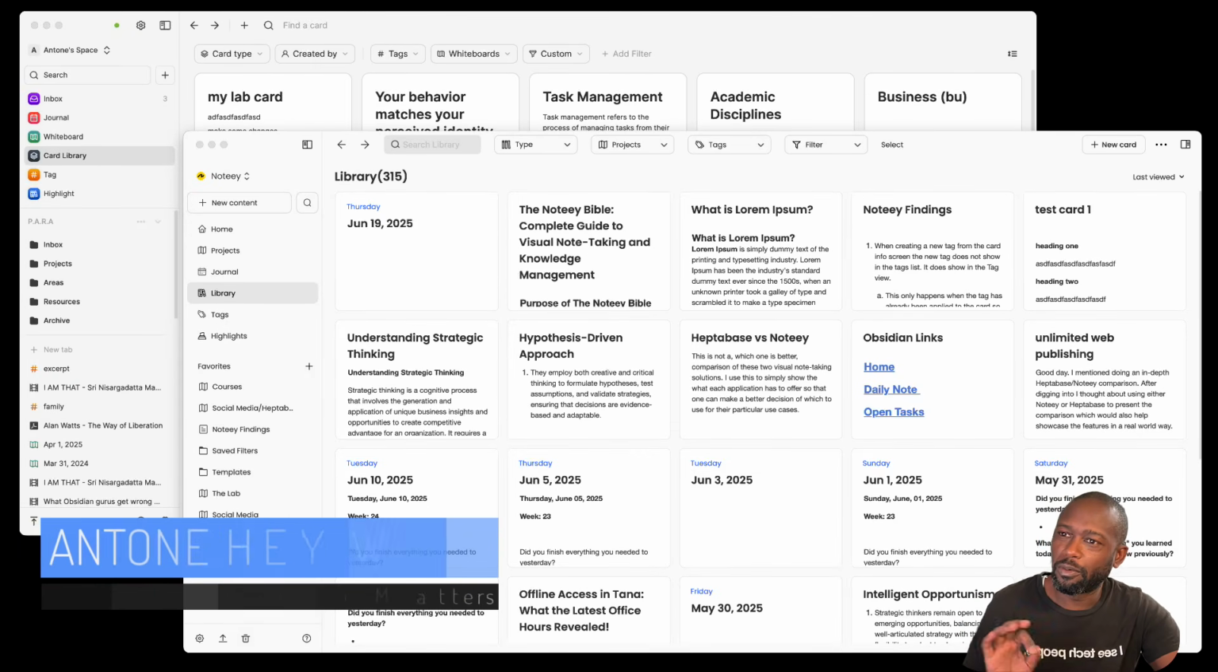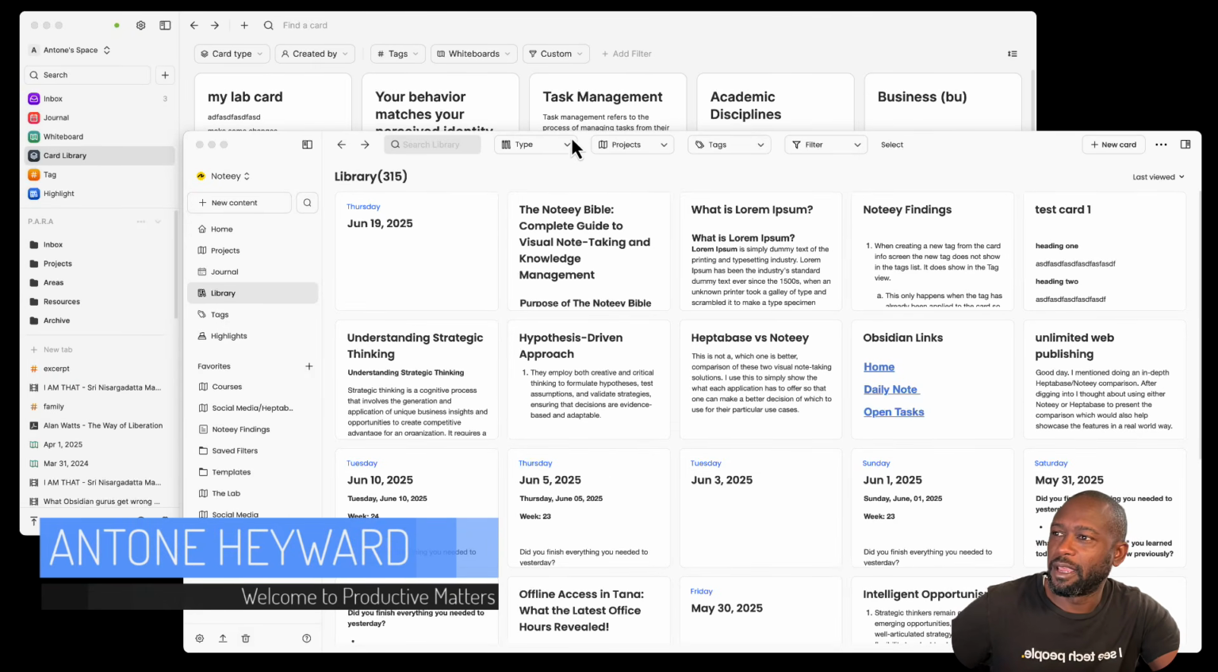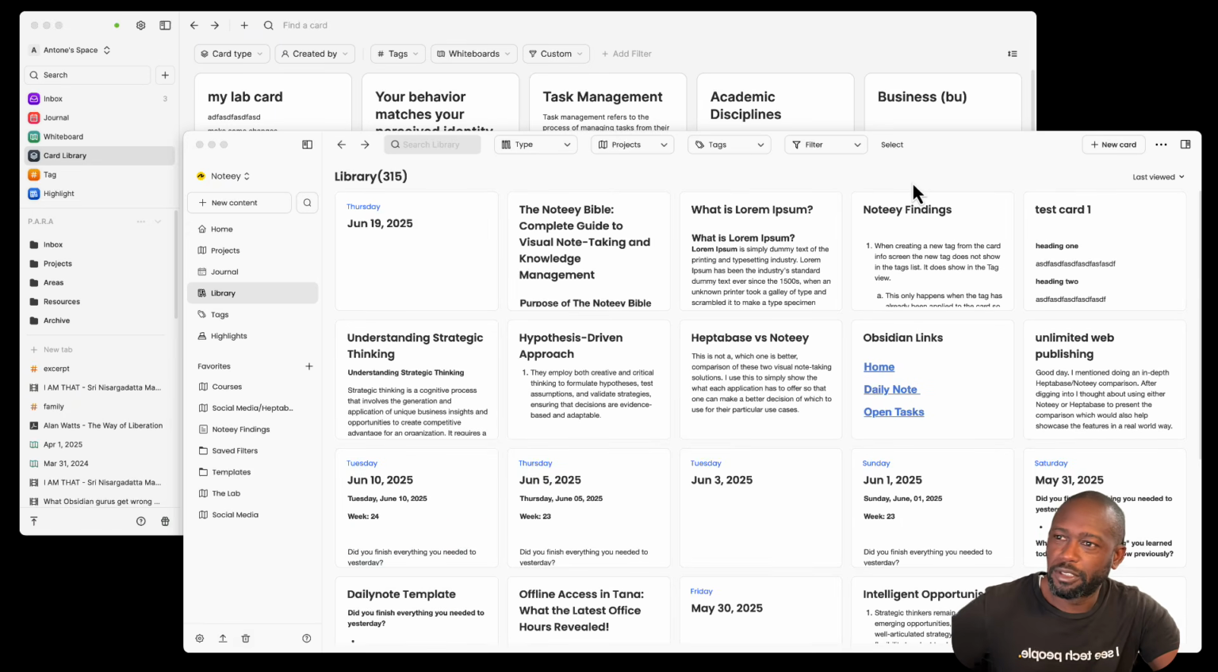Hello everyone, in this video I want to do a comparison of Heptabase and Noteey. These are two infinite canvas, whiteboarding applications for visual note taking. There's a lot you can really do with these applications, but on the surface, some people look at these and see that they're very similar and have questions on which one they should go